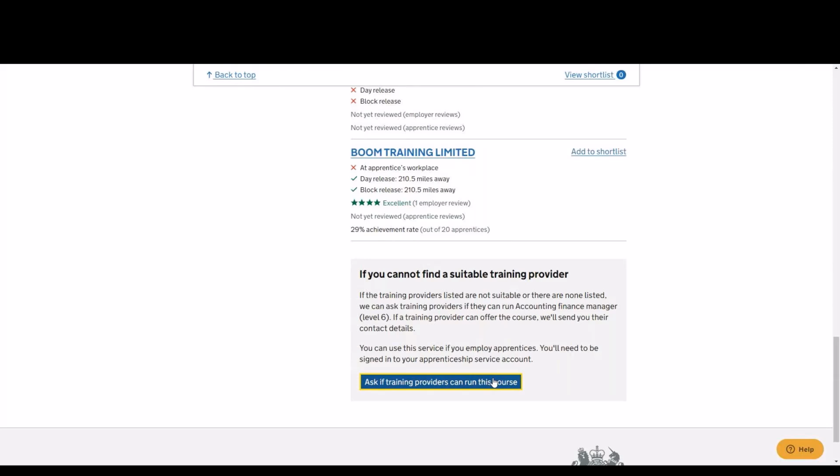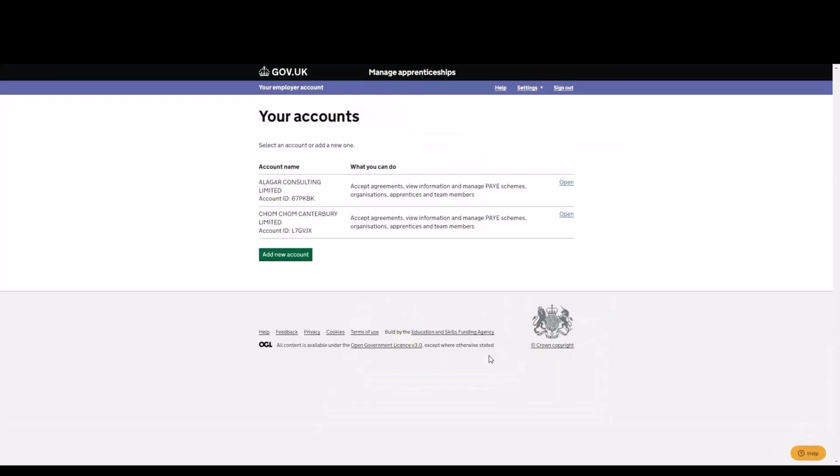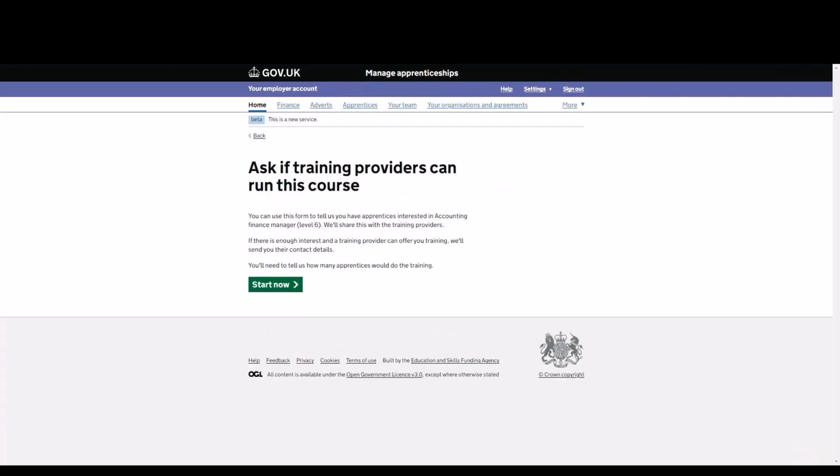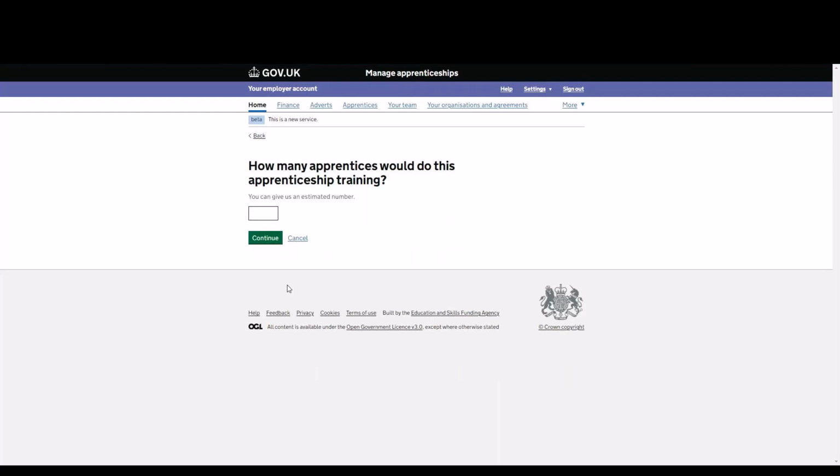So clicking on this button, you may be prompted to select an employer account if you have more than one. Otherwise, you'll be navigated to the new Request Apprenticeship Training form. So the request form consists of the following questions: the number of apprentices you require training for. If you're not certain at this stage, you can put in an estimated number. If it's for more than one apprentice,